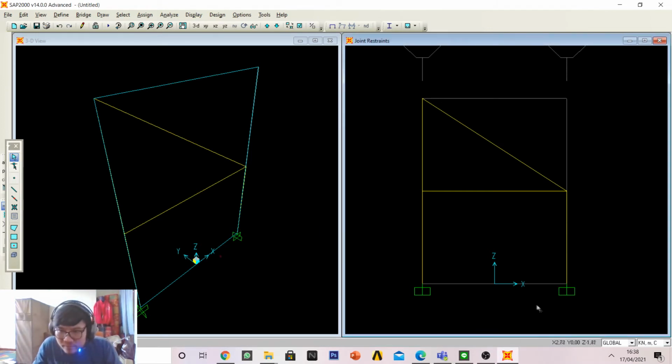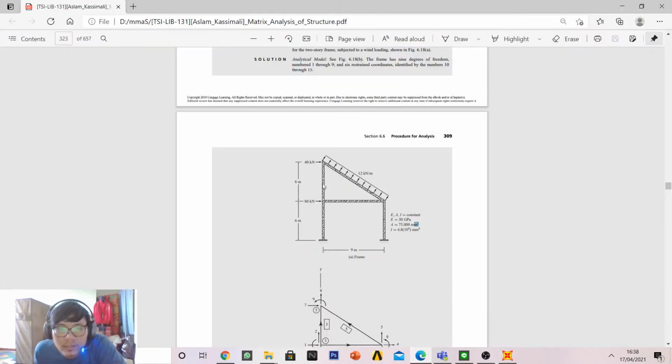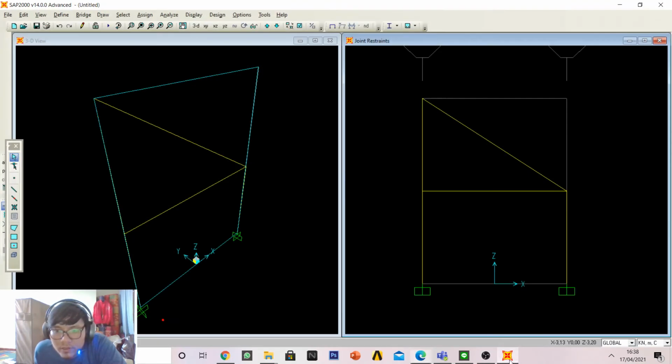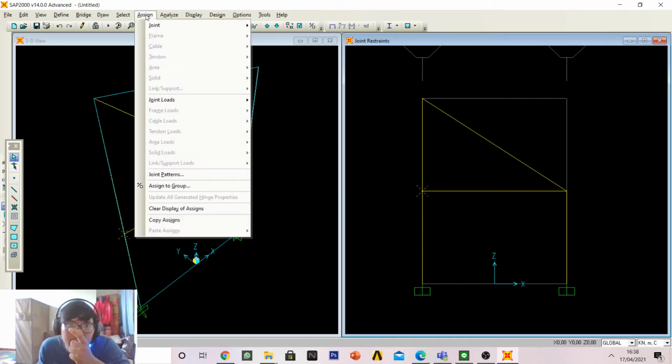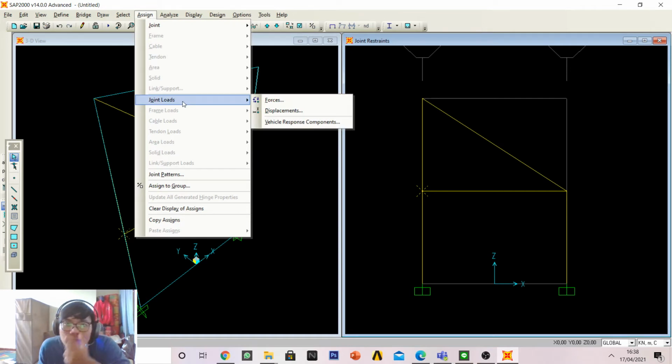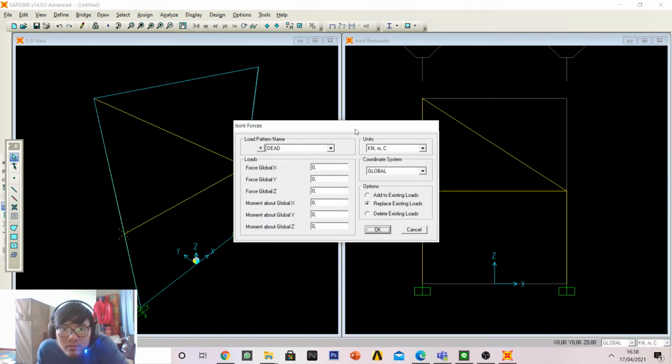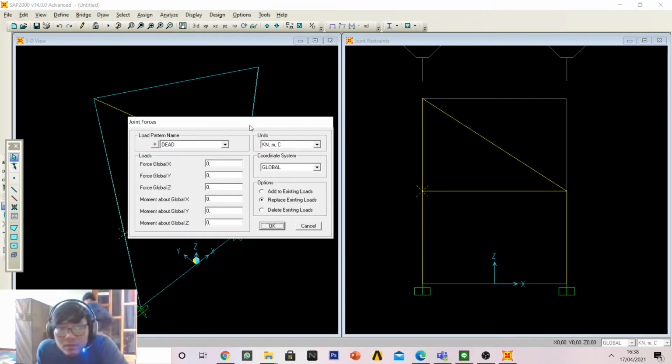The next step is that there's a load assigned on the member, on the joint and the member here. So how do we assign our load? First of all, we do the load on the joint. Press the grid point here and Assign, Joint Loads, Forces. So in here we got